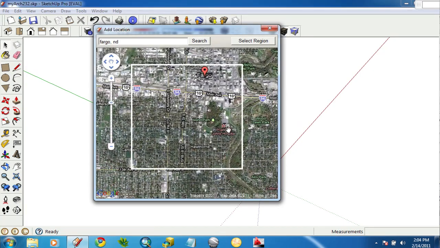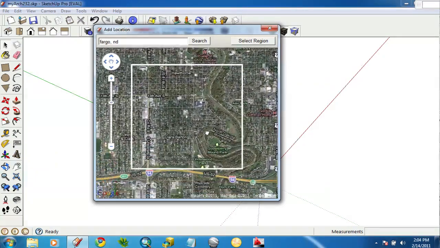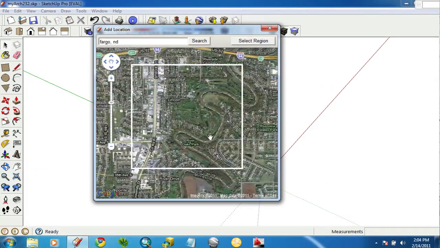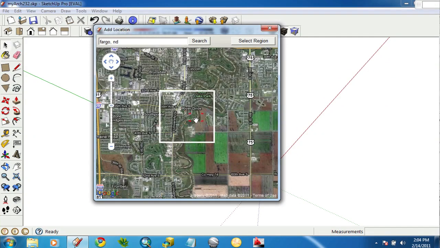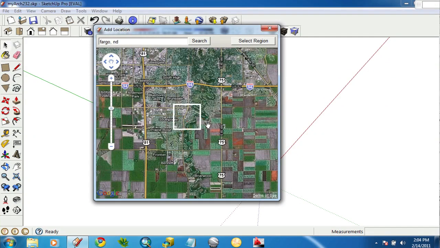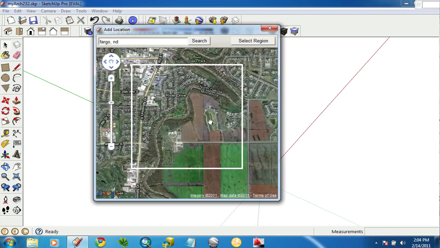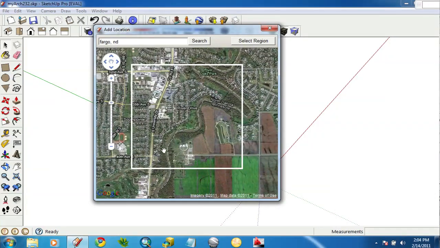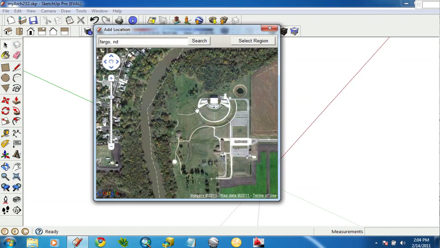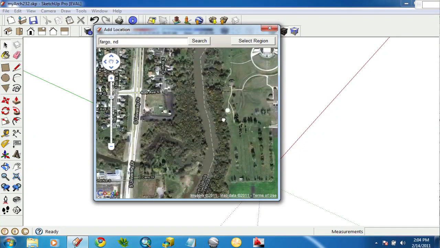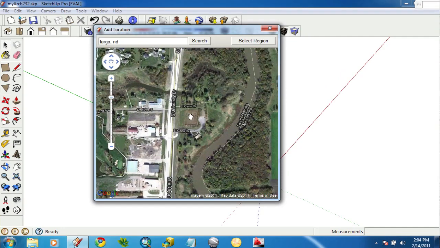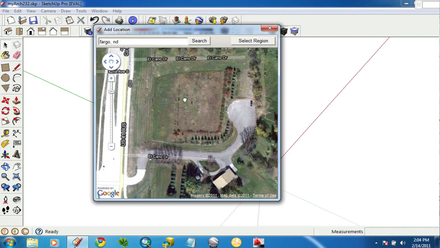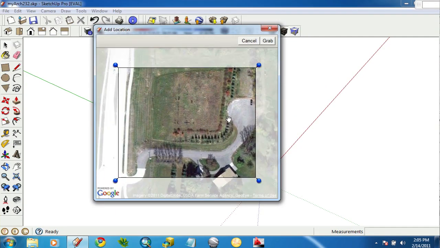This site is down here somewhere. So keep zooming out until you can see this part of the river where it's undeveloped on one side and developed on the other. You'll see Trollwood Performing Arts, which is a pretty cool little site if you ever get a chance. And not this one, but the open space below. So there's our site. Hit select region